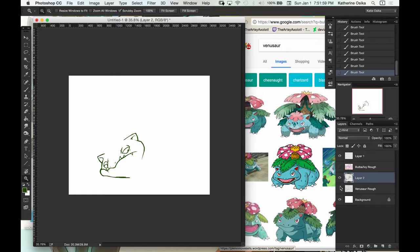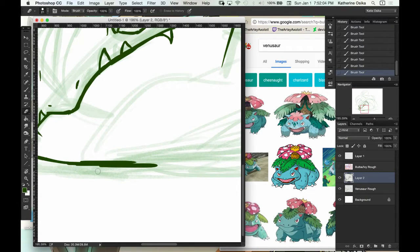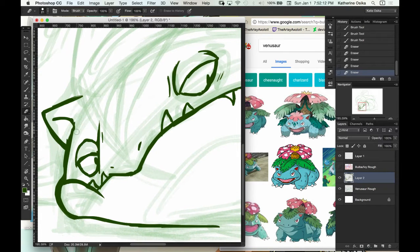Important to always zoom out. Oh, my line art this way. This is kind of fun. Kinda, sorta don't mind doing it this way, actually. I'm a little more precise, but one I'm just gonna do like